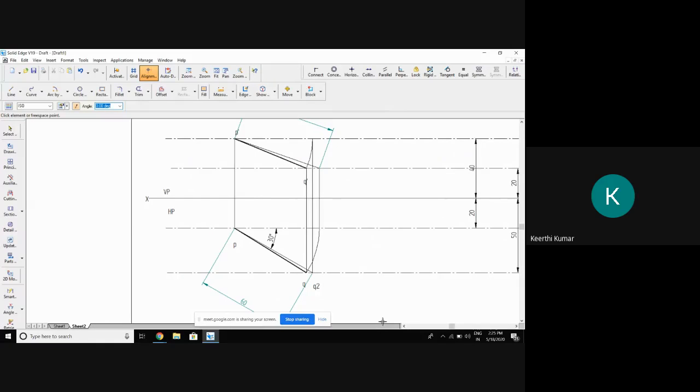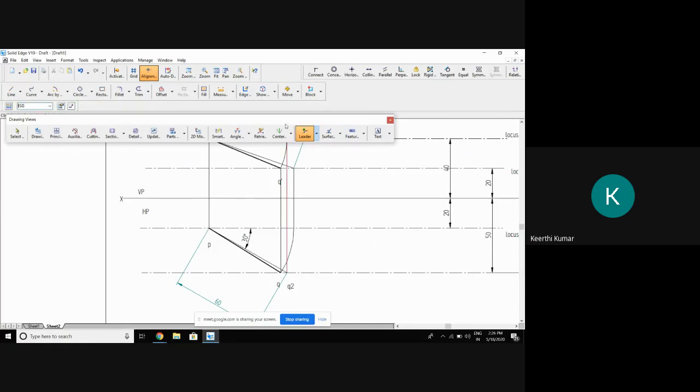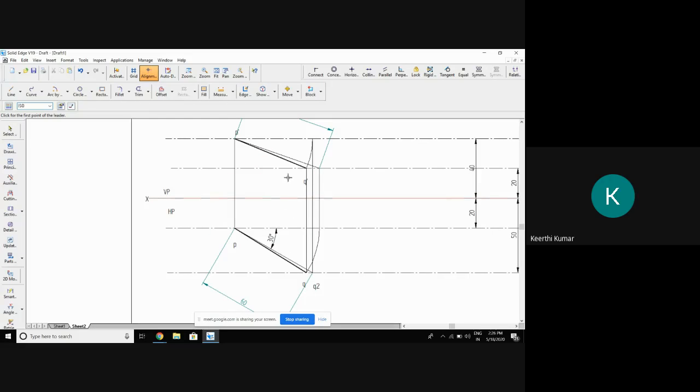Clear? So where did I go? I'll show the leader, the arrow marks. First, what did I do? I had drawn the 4 locus lines. Then first I completed this 30 degree. Then with that 30 degree, I finished this, till that locus. Then I went like this. Correct? I got this locus line.